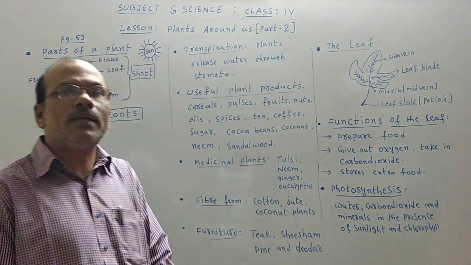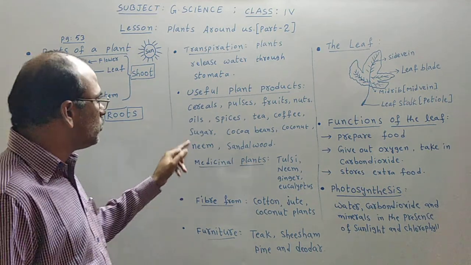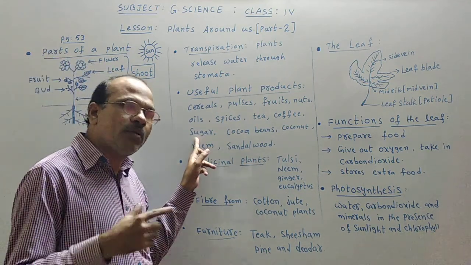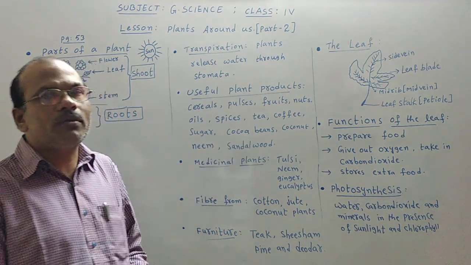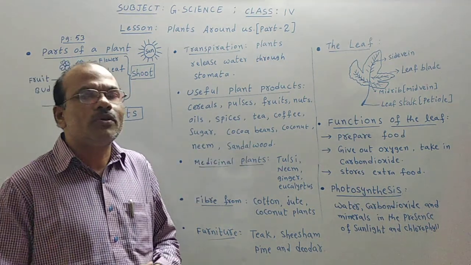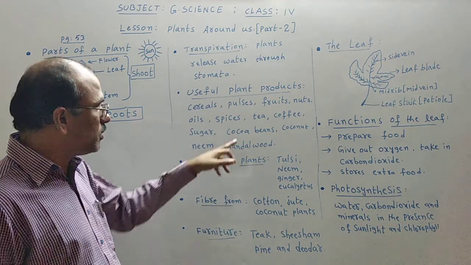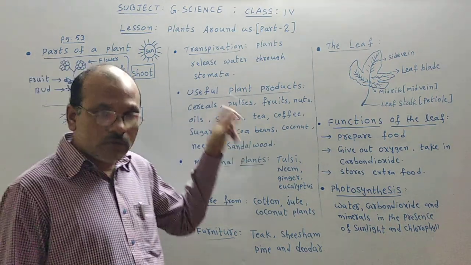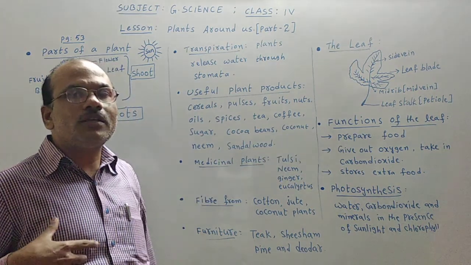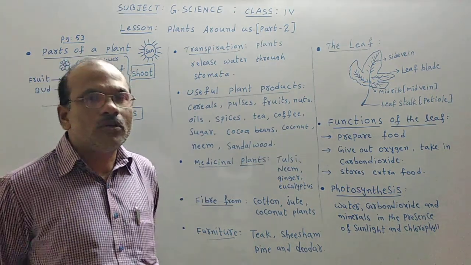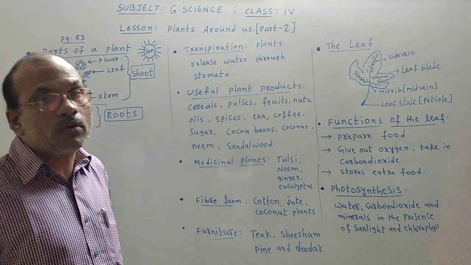Coffee plants are providing coffee nuts for us. Again, sugarcane plants are providing sugar. Then cocoa beans are also getting out from the plants only for us. Again, coconut, we are eating the coconut, and those are from the coconut plants, which are